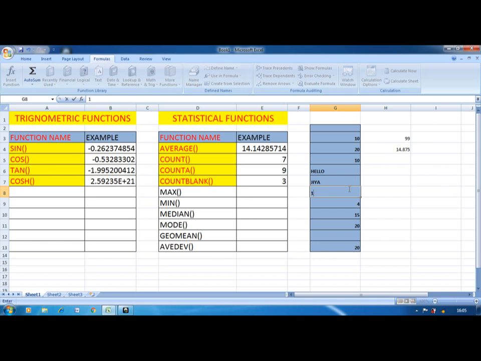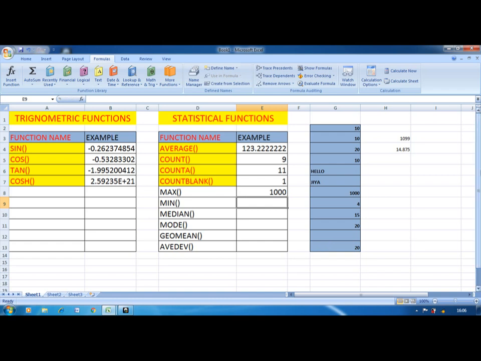Now the next one is MAX. I will add some more numbers here. So equal to MAX. This function is used to find the maximum number. Here the table is very small, so we can easily identify it. But if the database or table is very long, it is very difficult to find the highest and the lowest number, and we would have to scroll.